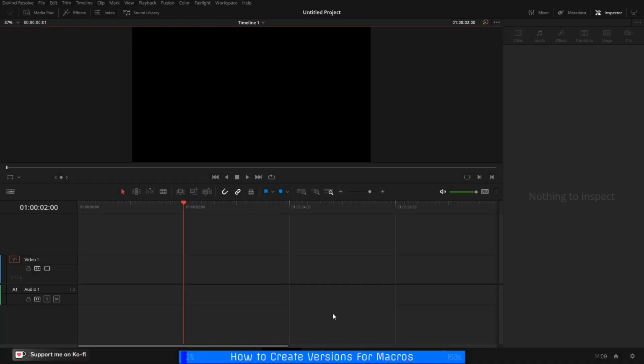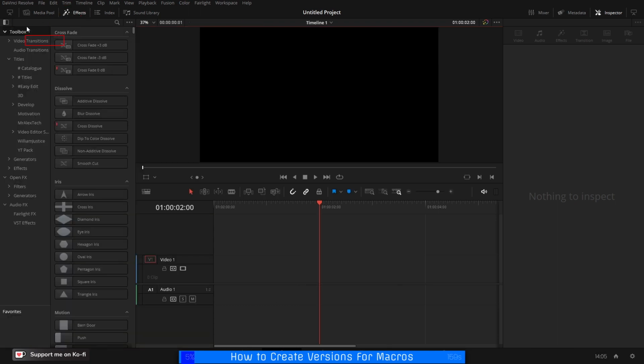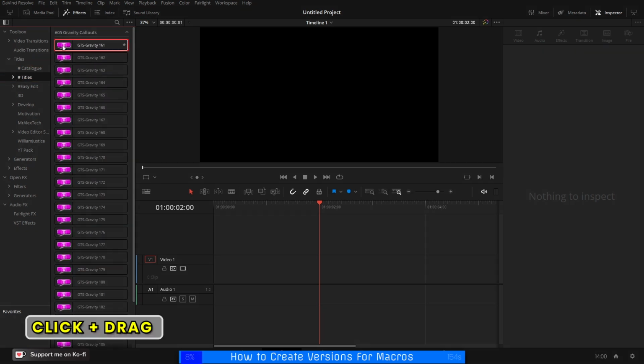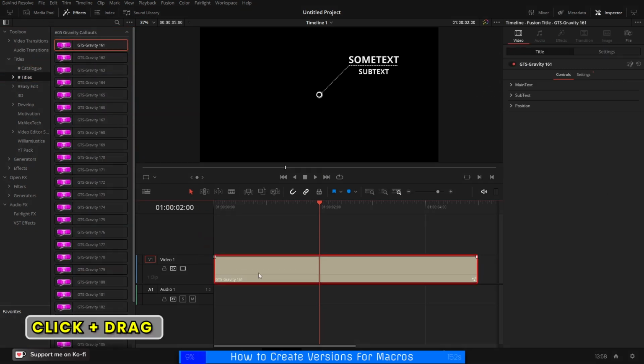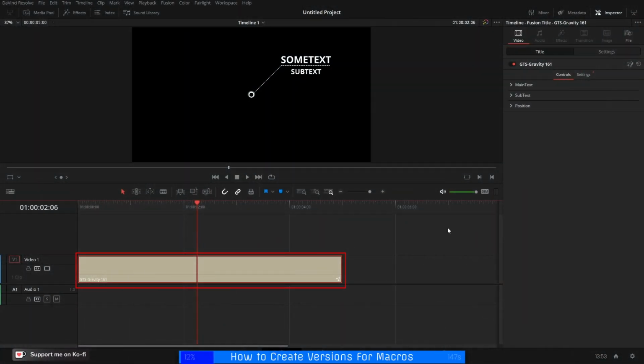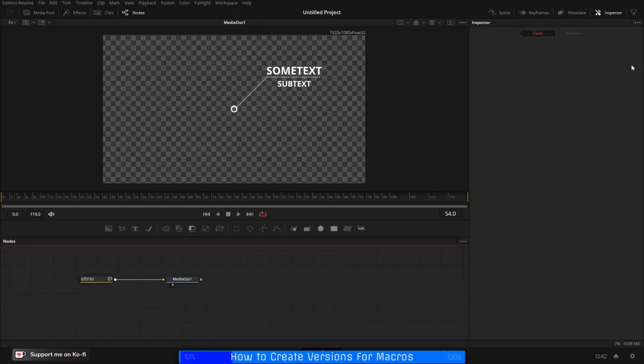I'm on the edit page because I'm going to show you macro versioning, and the way to do that is if we come into the effects library and I come down to titles, I'm just going to grab the top one just to show you, and this is a call out. Select your composition, which in this case is a title, and inside the inspector at the top right, we've got the reset button, and then just next to that to the left we've got a little magic wand, and we need to click that magic wand, which is then going to take us into Fusion,